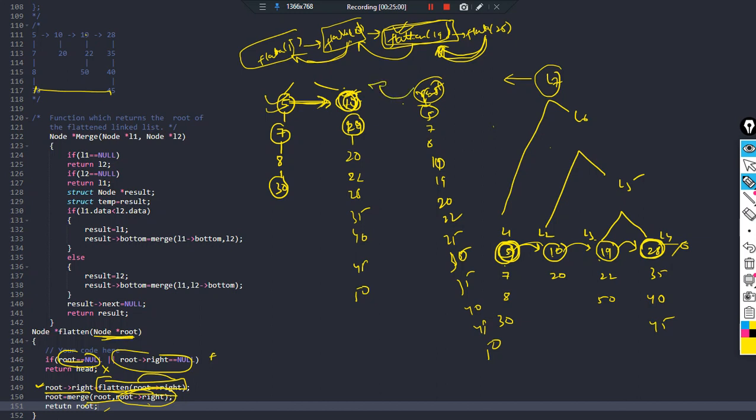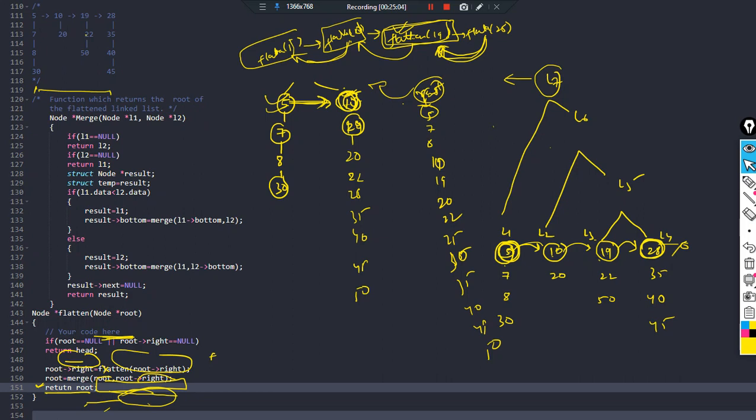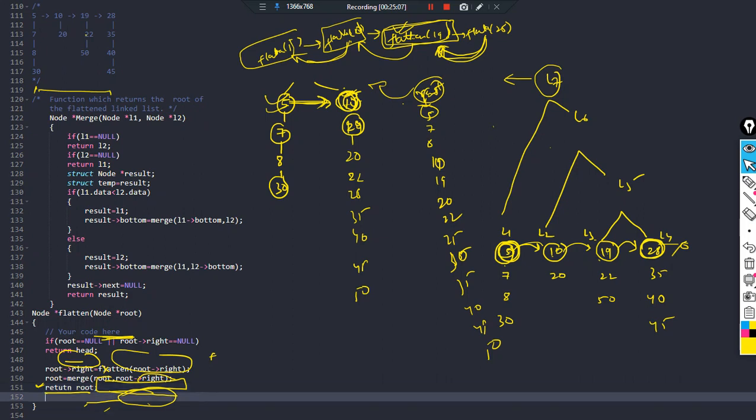Again it will say return. So we'll again return root. Once we return the root, what should we do? Once we return the root, the flattening is complete, isn't it? So once we return the root, we got our answer. The job will be complete, right? Root's right will also be initialized to null because of this particular function. While we were merging these two linked lists, finally result's next will be null. So basically this will be pointing to null. Result will be pointing to this, isn't it? And finally we will return the root.